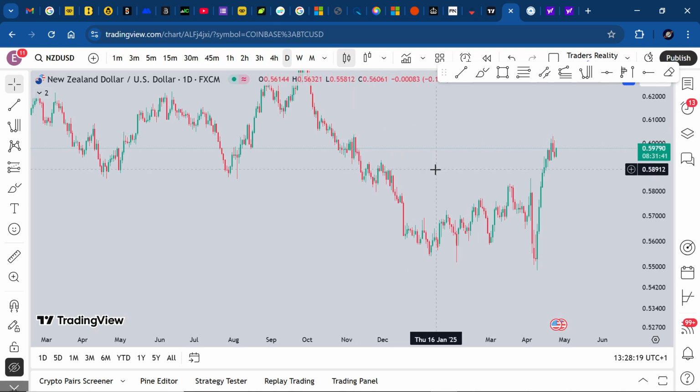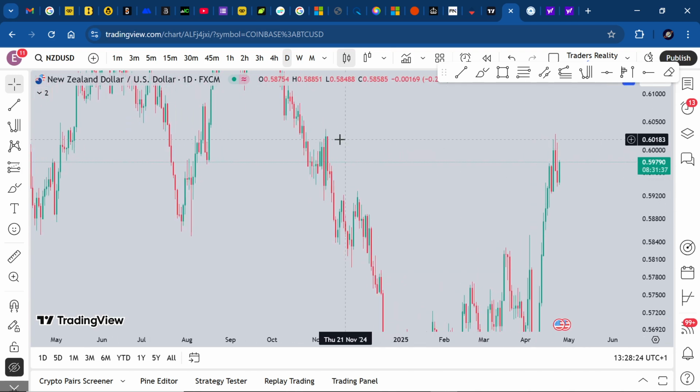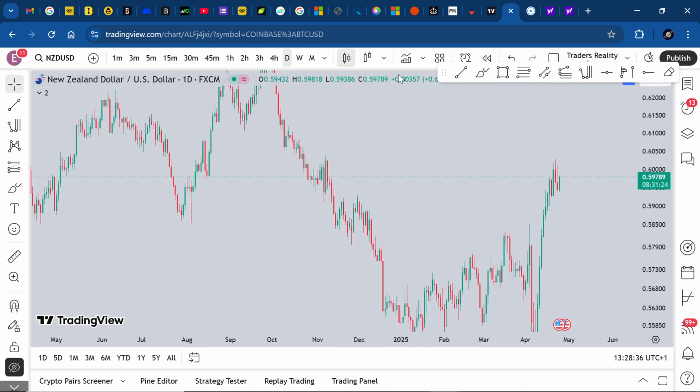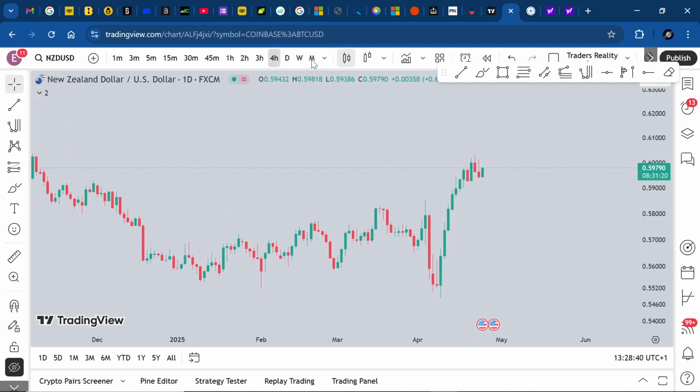We took this little equal-ish looking high. It has a wick, but there's not much in it, but we took it within this last up move. We still respected the up move. We didn't come and touch that. We didn't create equal highs. We do have relative equal highs, but also, if I go to the 4-hour time frame